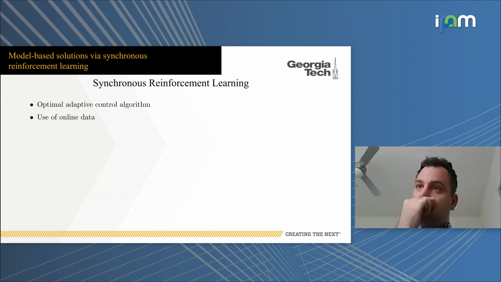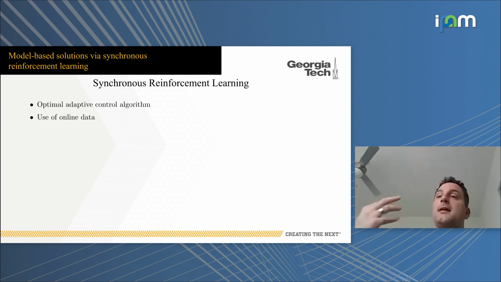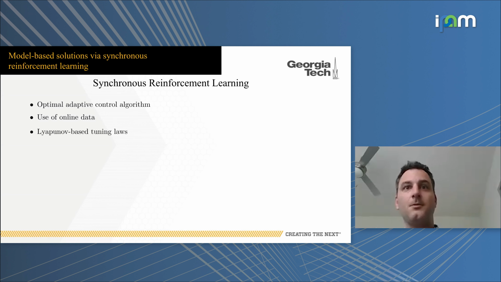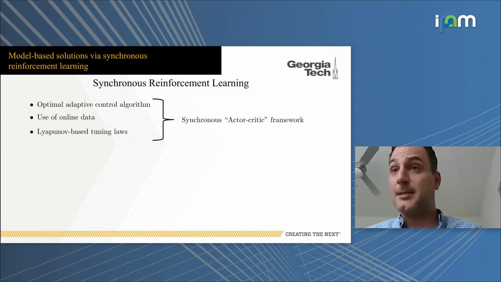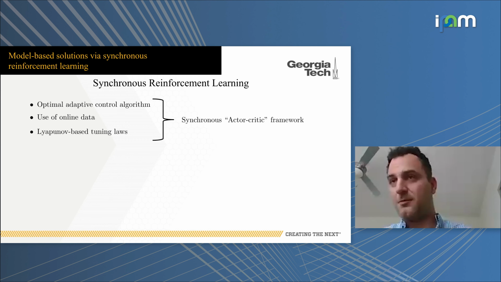So again, everything that we describe here doesn't require any offline training, okay? So I plug and play my mechanisms, and then these mechanisms will get data from the trajectories, and they will adapt to the optimal solution, okay? And we term that the synchronous actor-critic framework. Remember that the policy iteration that I defined before had different steps: the policy evaluation and the policy improvement. But what we have worked on is a synchronous version of this policy iteration. So it doesn't need any iterations. It's in a way adaptive control with an optimal performance.